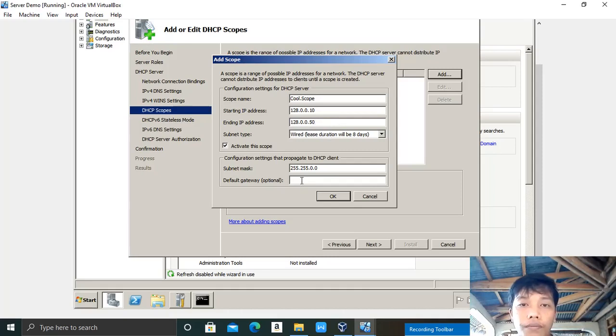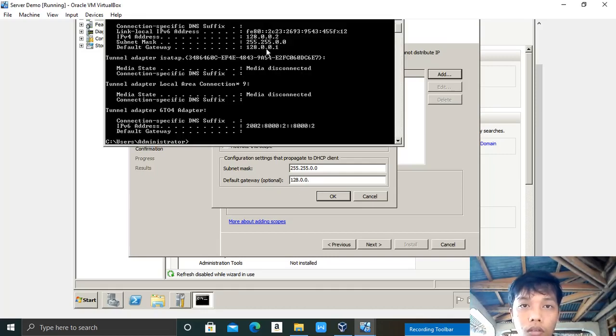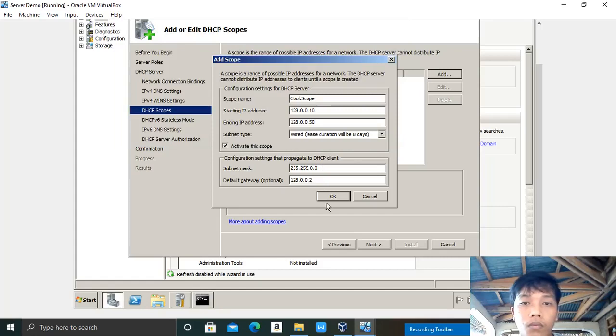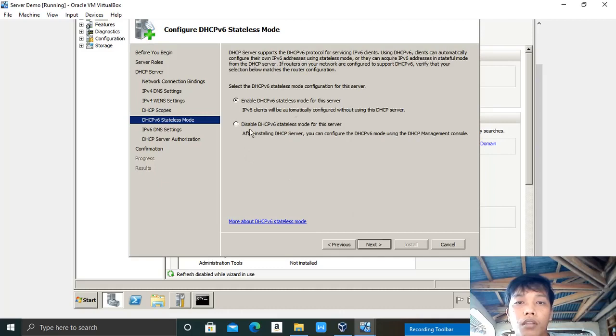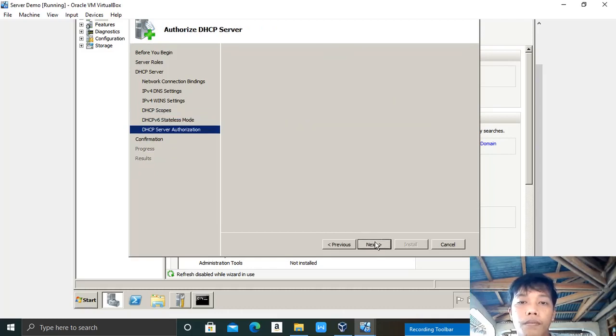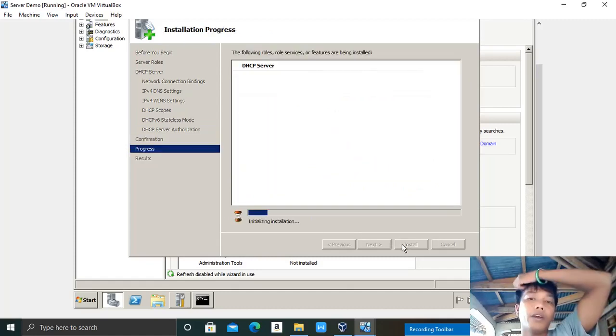Then in the default gateway, type the IP address of your server, 128.0.0.2. Then click OK. Then click next. I'm not using the DHCP v6, so I'm going to disable. Then next. Then install. While waiting the installation, I'm going to show how to connect